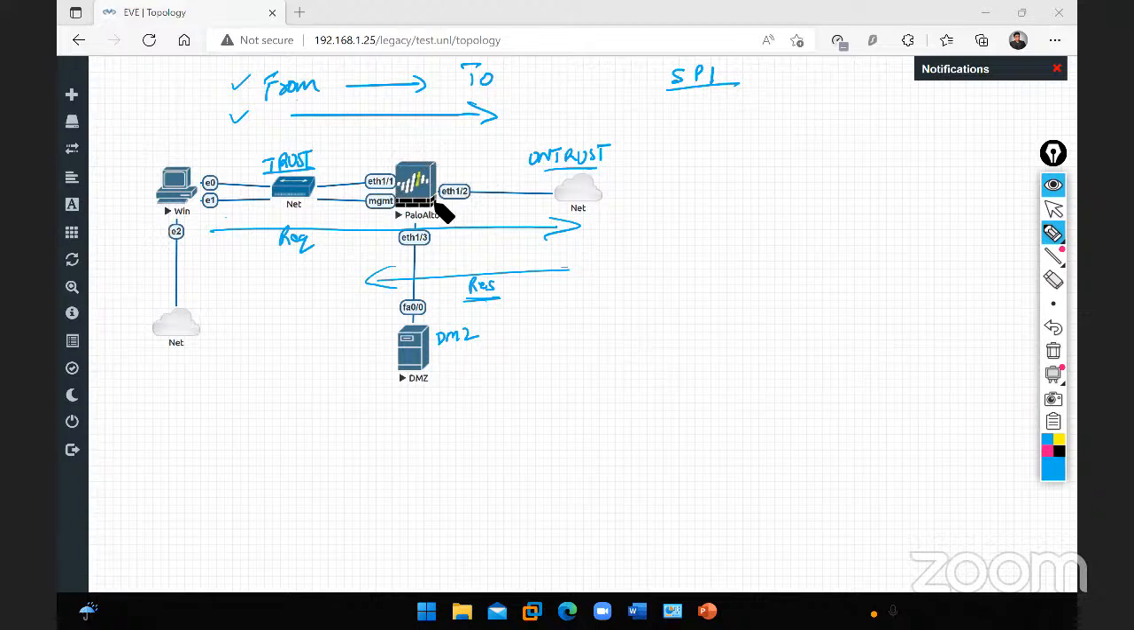Now, some basic things about Palo Alto firewall. It's a zone-based firewall, and there is a default behavior that comes along, and that says,